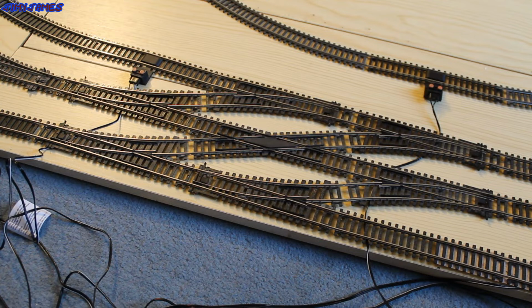This is my complicated junction. I've done this a few years ago on another video called My Best Layout Ever. I'll show you that clip right now. I'll show you my complicated little junction I've got here. As you can see,